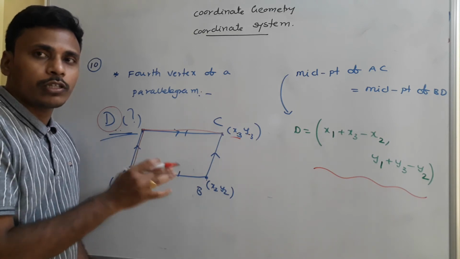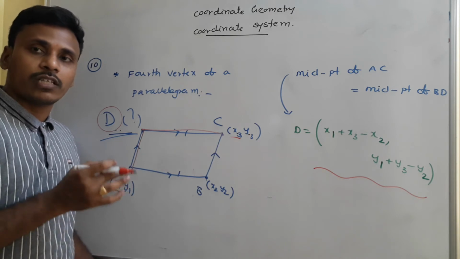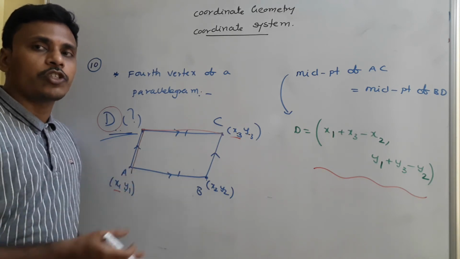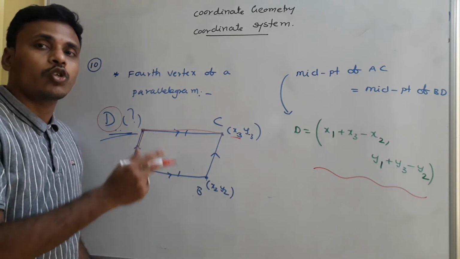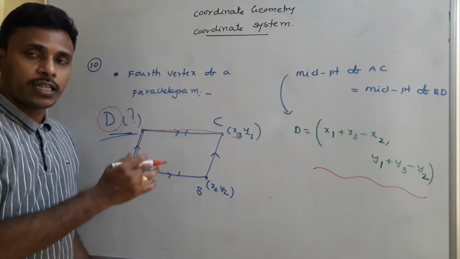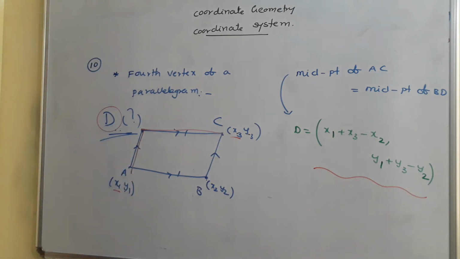Okay, this is something about the midpoint. Basically, midpoint of the line segment is simply (x1 plus x2) by 2 and (y1 plus y2) by 2. We use the idea of midpoint in many situations, but I just mentioned two situations. One related to the circle, center and diameter, other one related to the fourth vertex of the parallelogram. Okay, have a look.